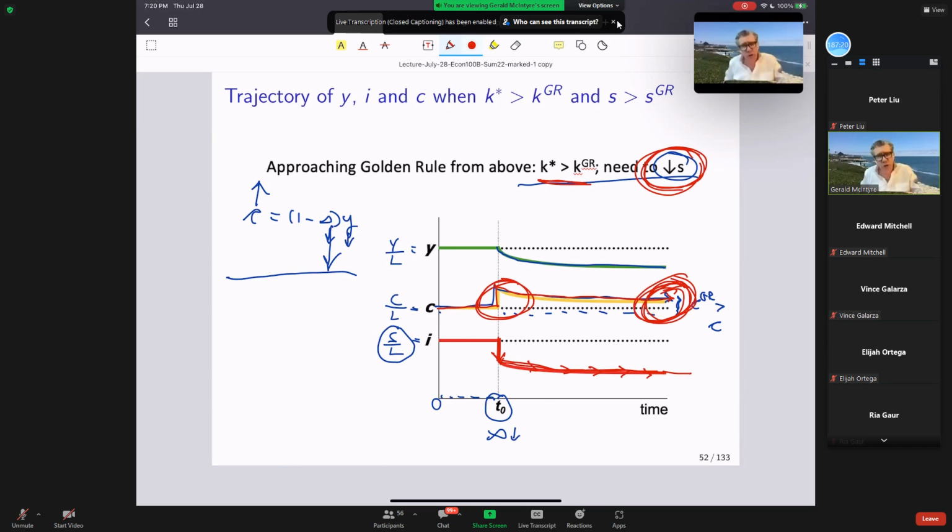And their insight continues. Of course, it's the current generation that's voters, right? They're the voters. This generation hasn't been born yet. They're way out there, okay? And so the current generation, seeing through this policy, would vote for a political entrepreneur promoting this policy. And then, of course, the politician would follow through with this policy. Nobody's against it. Nobody. The current generation, if they care about their kids, want this policy too. And the policy will be installed, and then the economy will go to the golden rule,